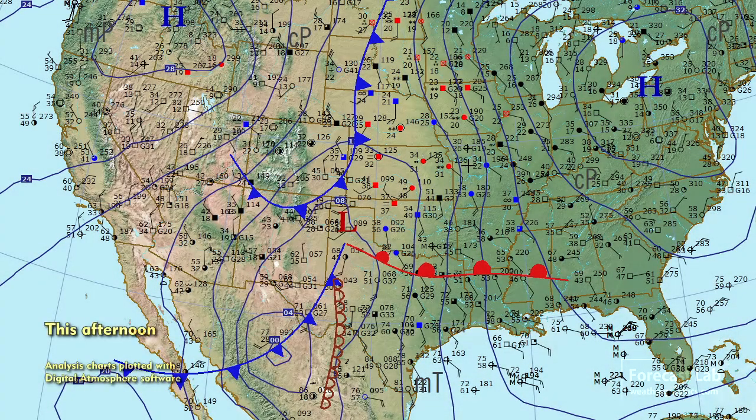Here we've got the surface map showing a surface low in the Texas Panhandle, with a cold front extending down into far west Texas and into northwestern Mexico. To the west of that, you can see the cold air filtering in through Arizona. It's modified quite a bit, but temperatures are in the 50s there in Arizona and dropping off into the 40s